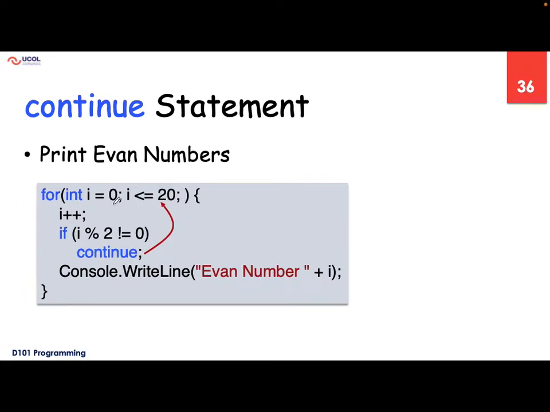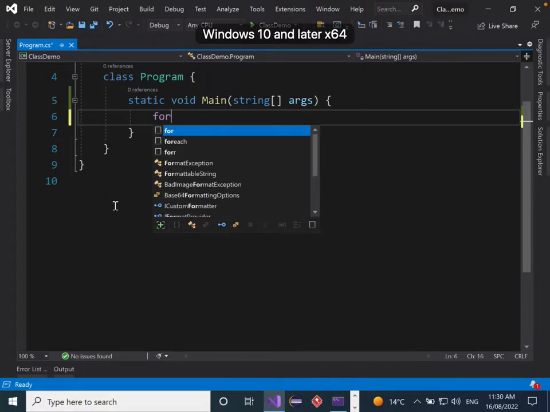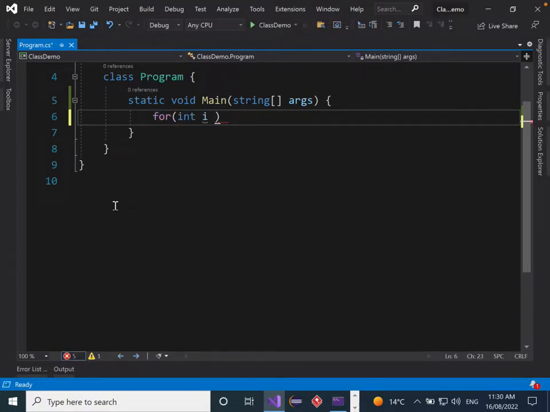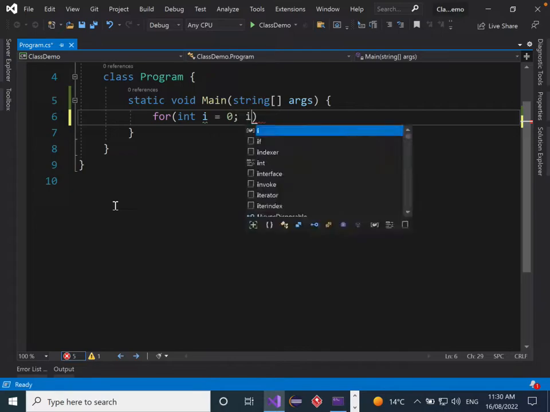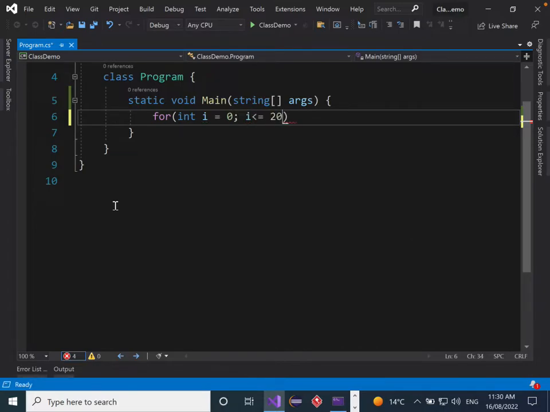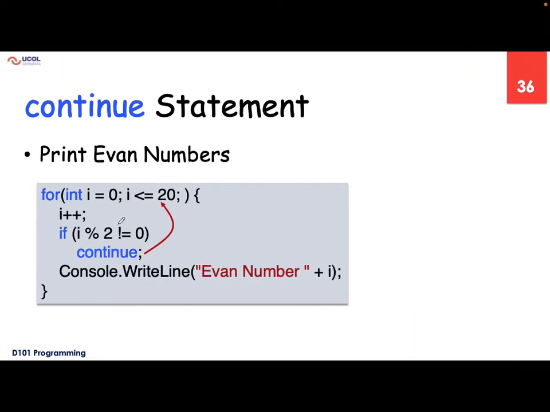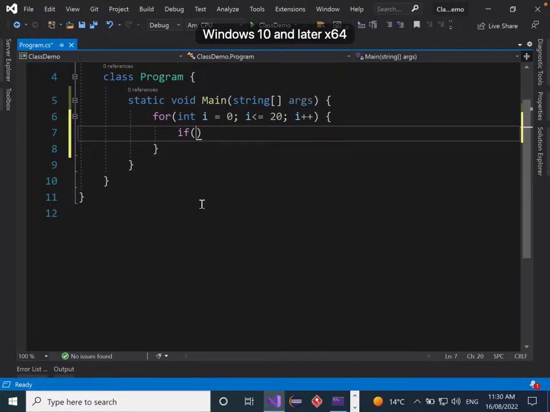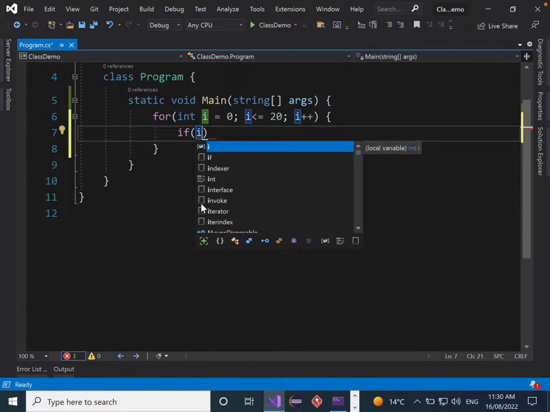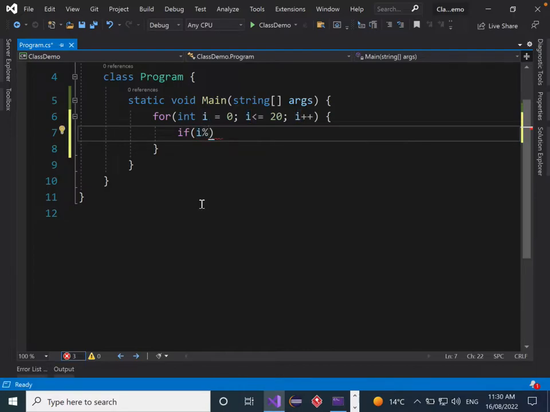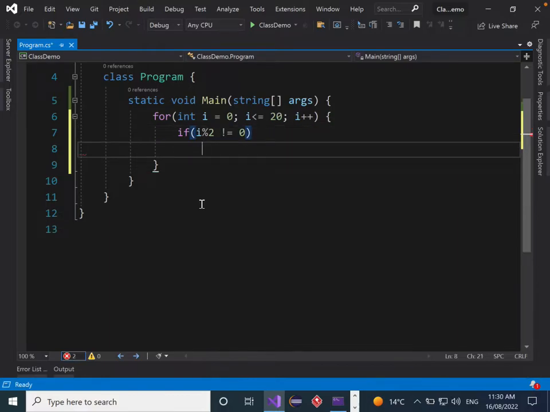We are saying: for int i equals 0, i less than or equal to 20, i plus plus, and then we are checking if i remainder, where is the remainder? If i remainder 2 is not equal to 0, we say